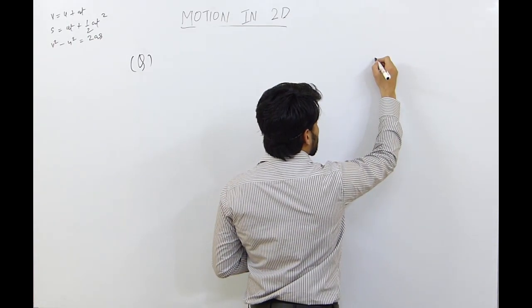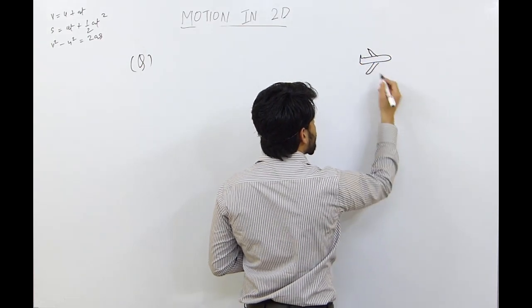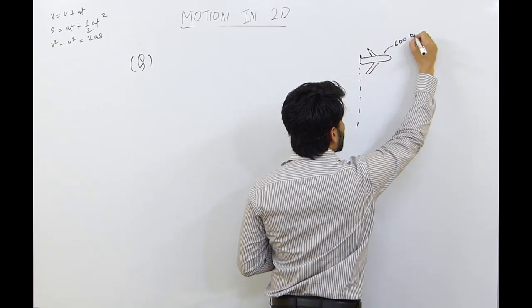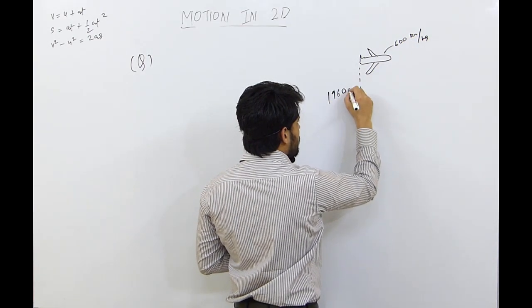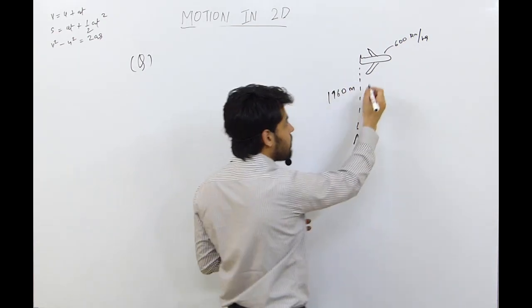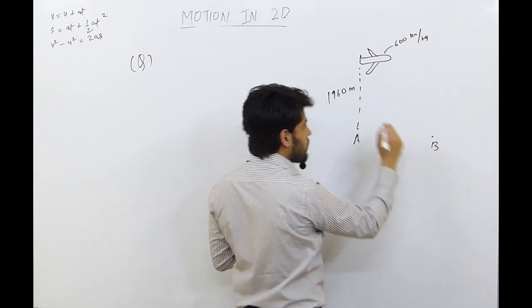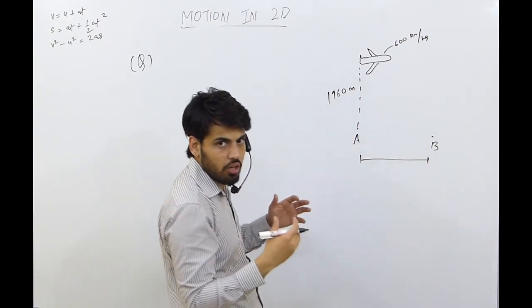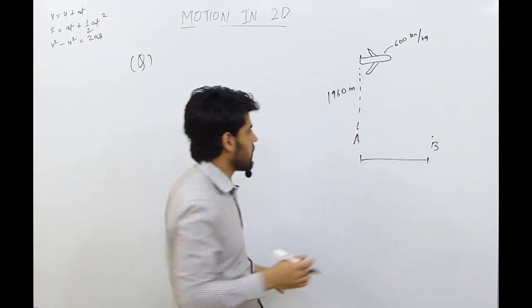He is saying that there is a plane which is moving in this direction at a velocity of 600 km per hour, and above the ground at 1960 meter. When it is just above the point A, it drops a bomb and the bomb strikes the ground at point B. So we have to find the distance AB. I think it might be clear in your mind that we are considering the case of descent, only the descent from maximum height to the lowest ground.